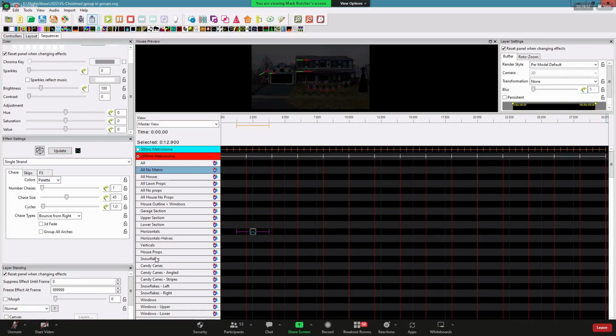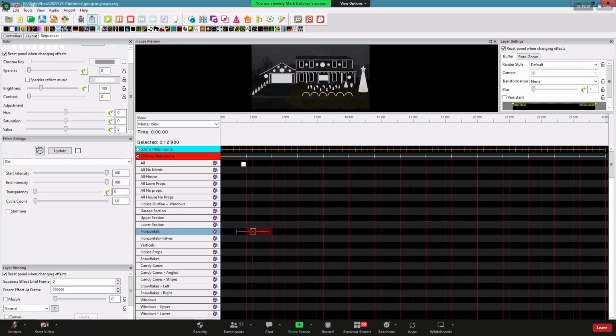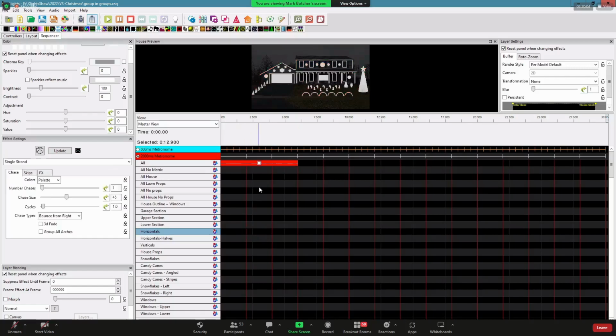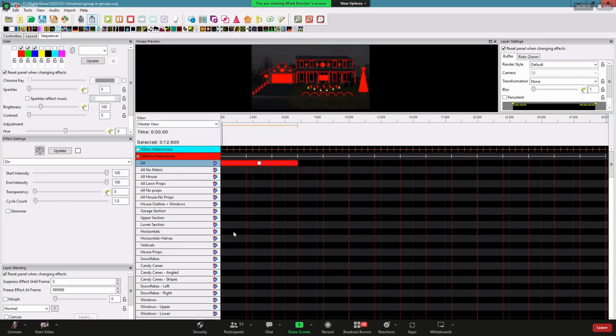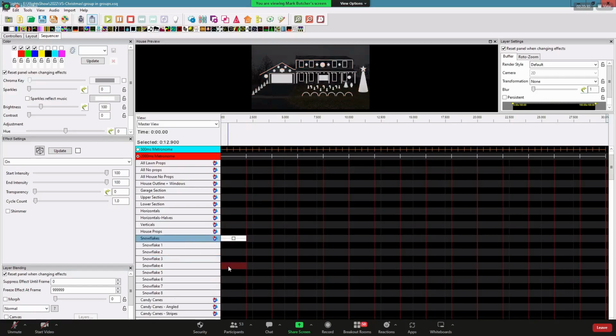So if I have a whole house on effect, all in one color, I can then drop another color below it. So we've got this on effect here, and I've got some rogue snowflakes working, but that's okay. Those come down here, and let's say the snowflakes get an on effect, but I'm going to have to change the color to white. That overwrites it. And if you want to go further, I can go down to an individual snowflake and put an on effect, and let's make that one green.